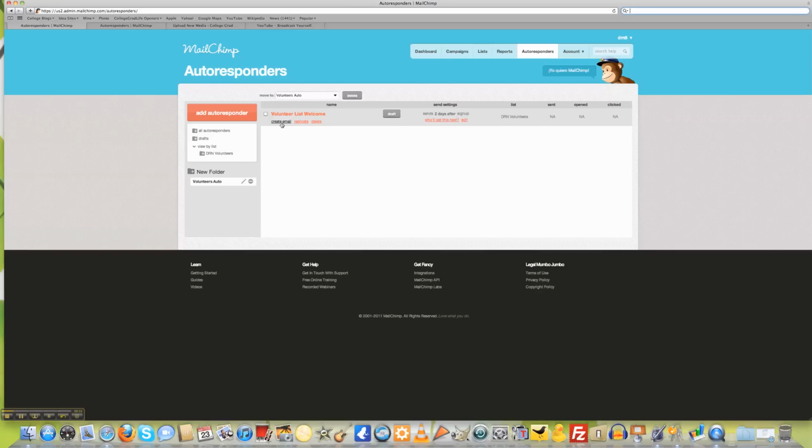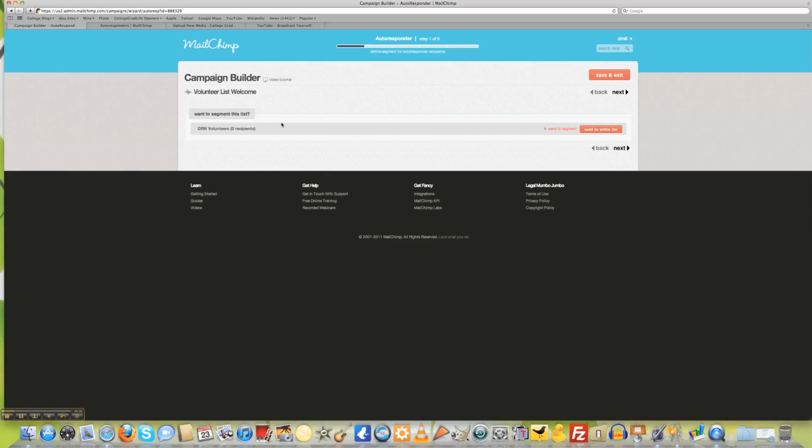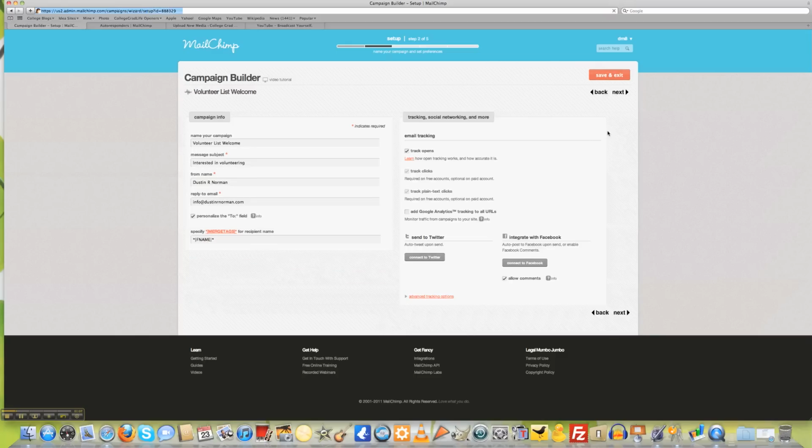So what I want to do is create an email that is really a welcome and a thank you. Now, I only have one list, obviously, and I don't have any recipients because I haven't put this on my website yet. But what I'm going to want to do is click this orange button, which says send to the entire list. Now, when you click it, it opens up, and it gives you the first step in